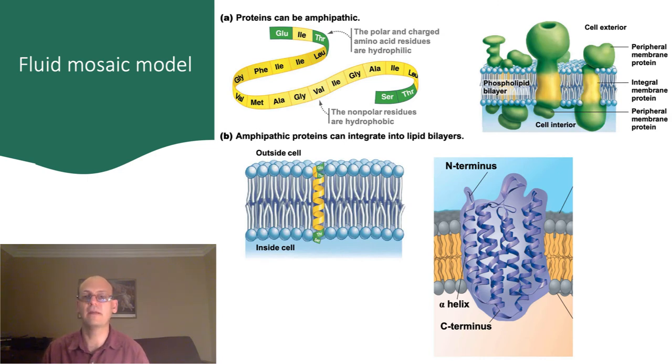Remember that proteins are made up of amino acids, and the R side group of an amino acid is either hydrophilic or hydrophobic. As the protein folds up into secondary, tertiary, and quaternary structures, hydrophilic regions and hydrophobic regions emerge. The hydrophilic regions will tend to locate themselves on the surface of the membrane, where they're in contact with either the liquid on the outside of the cell or the cytosol on the inside of the cell. In the case of transmembrane integral proteins, they have regions that are hydrophilic on both sides of the cell membrane and a hydrophobic region in the middle.